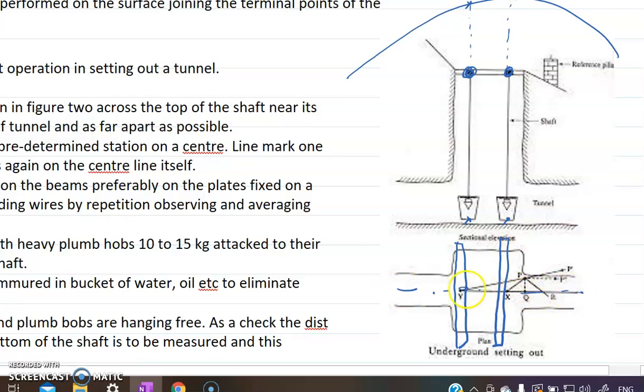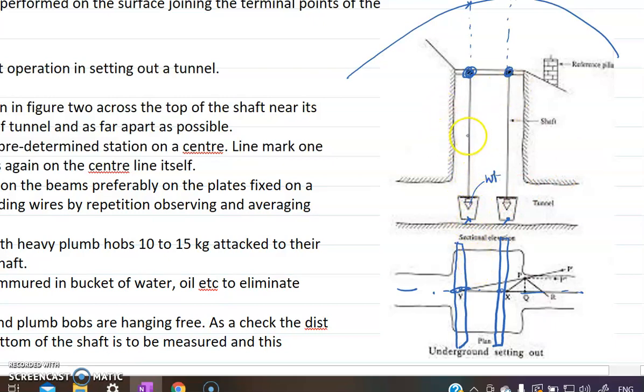Around this I'm sending a wire down, and this wire at the end is going to carry a very heavy weight. Once it goes down, I'm going to put it in a pail of water, a bucket of water or oil. Why you put it in a bucket of water or oil is because you want to stop the oscillations.